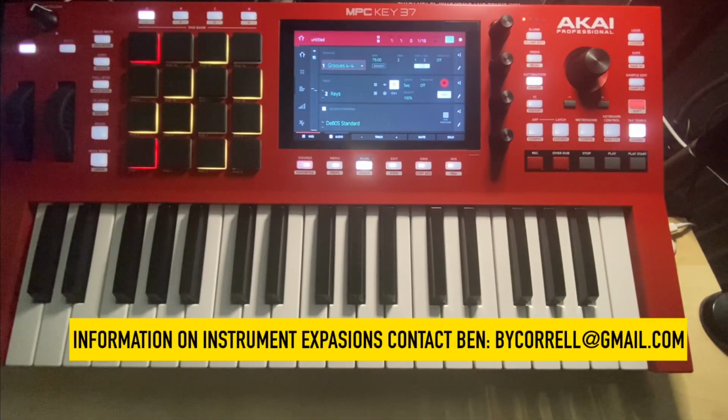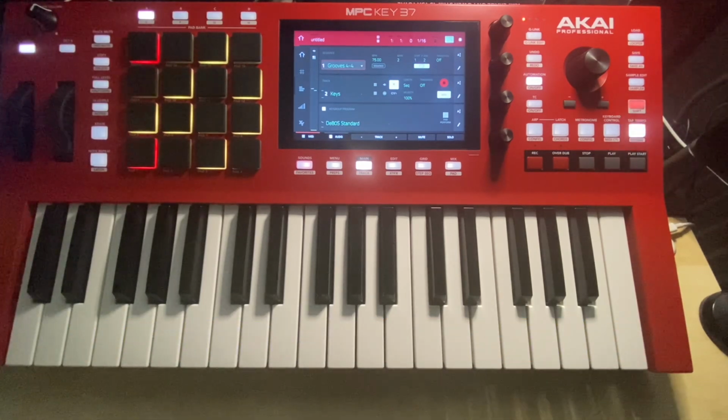Okay, welcome back. So this is sort of take two of MPC Key 37. So we're going to sort of go through the good, the bad, and sort of the medium. But first of all, I do want to mention, and this really covers the whole MPC platform or paradigm in general, when I speak about the workflow,